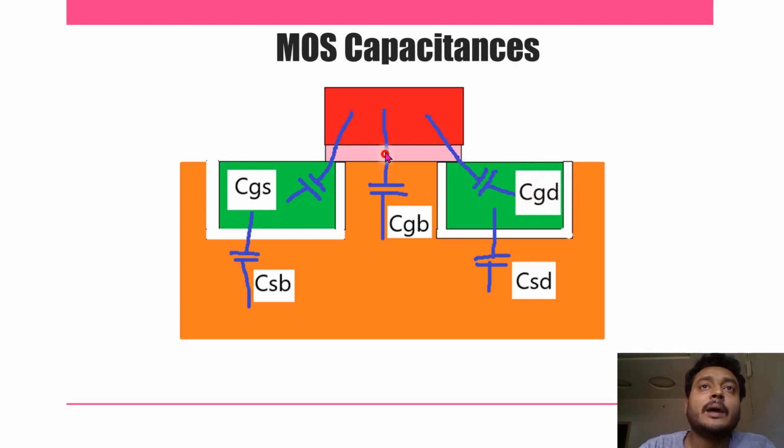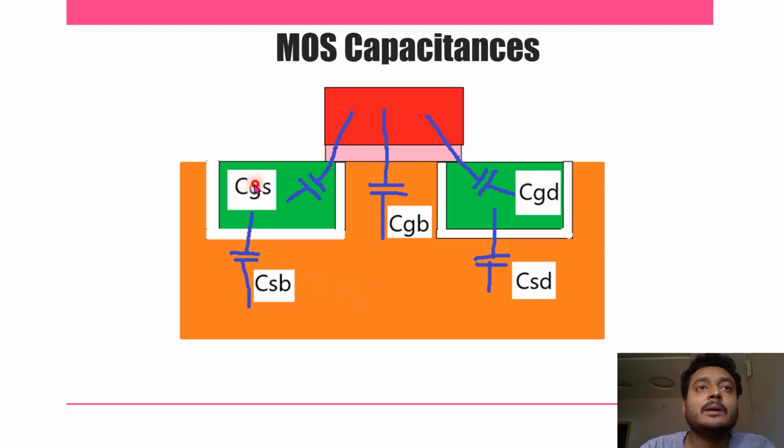Similarly we have polysilicon to substrate, or we can call it bulk. There is polysilicon, silicon dioxide here, and this is the substrate. Both are conducting material, and we have a dielectric material here. So a capacitance exists here also, which we call gate to bulk, that is CGB. These are the gate capacitances that are going to be associated.